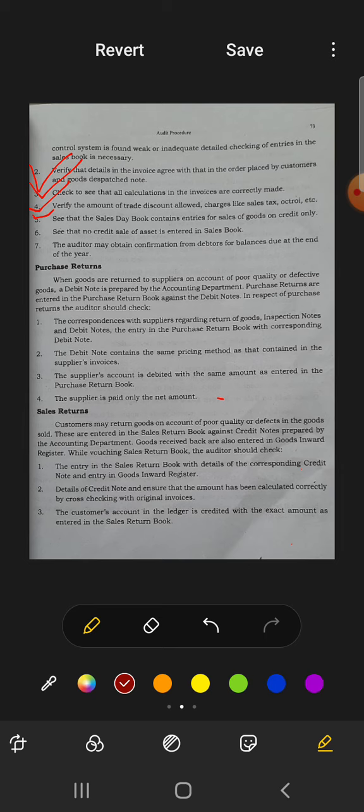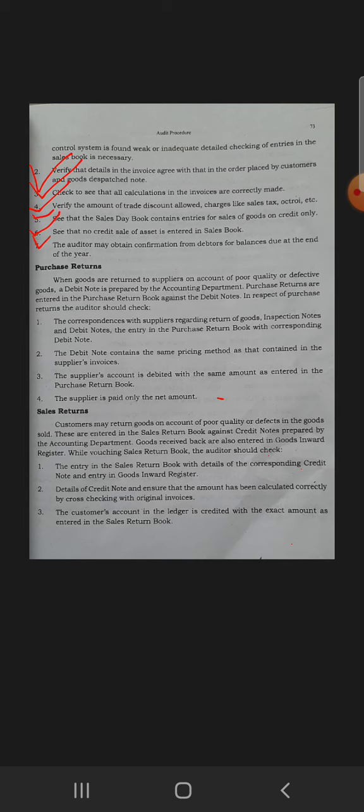The sixth point is to see that no credit sale of an asset is entered in the sales day book. The sale of an asset, on credit or cash, is not to be entered in the sales day book. So the next check is whether any sale of an asset, on credit or cash, is entered in the sales day book. The seventh point is the auditor may obtain